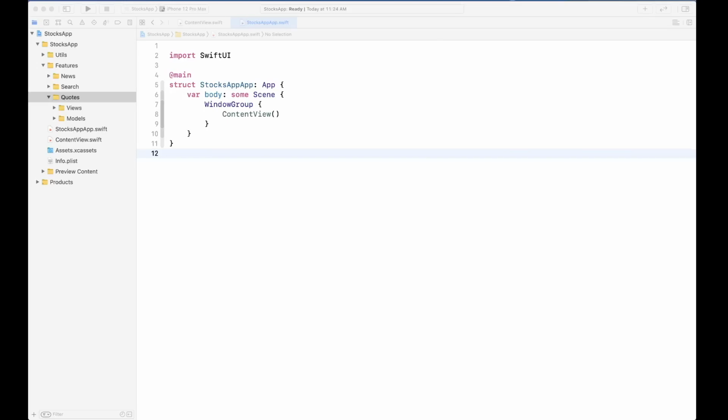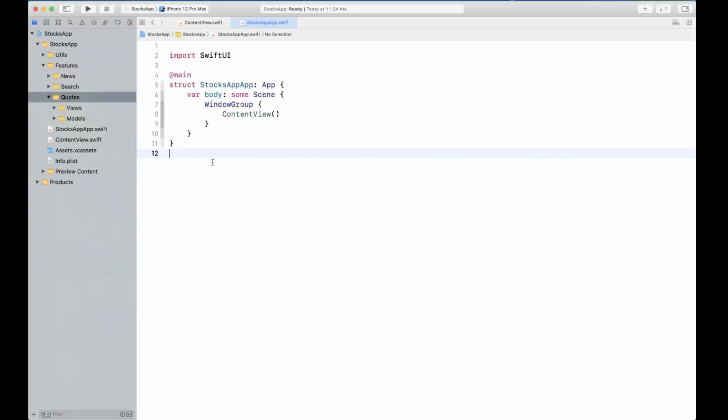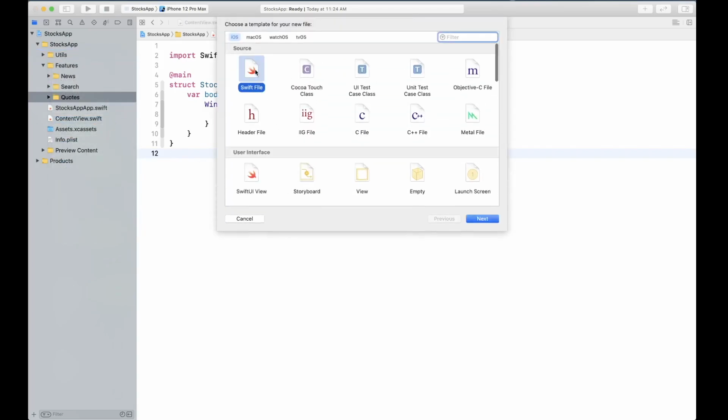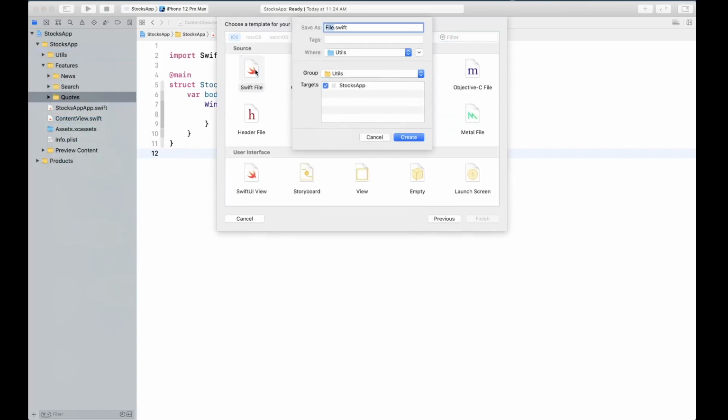All right, so let's go ahead and create our network manager first, because we're going to need that inside our course. So I'm going to add a new file here, and I'm going to select Swift file, and we are going to name this one network manager.